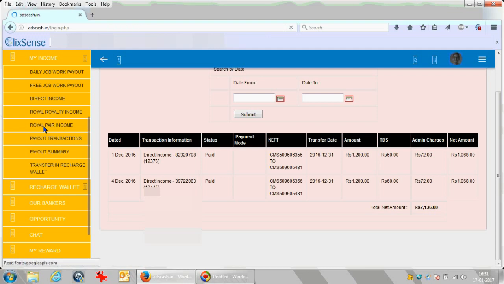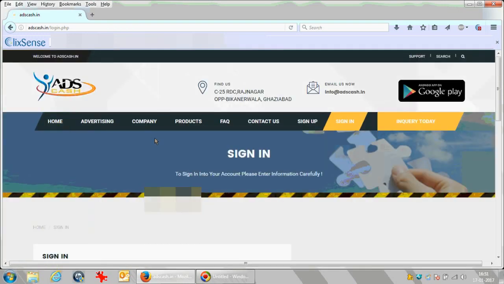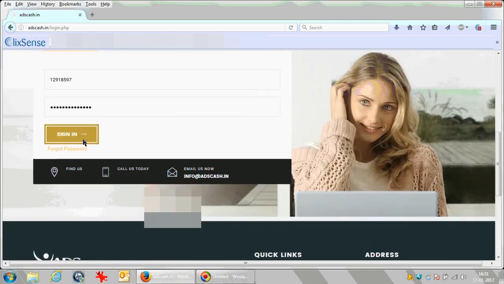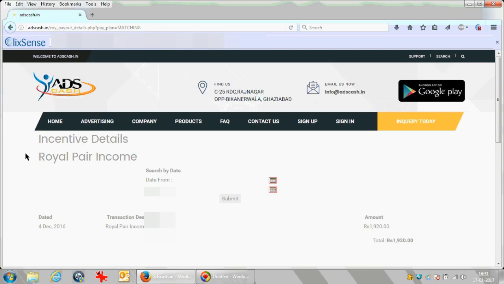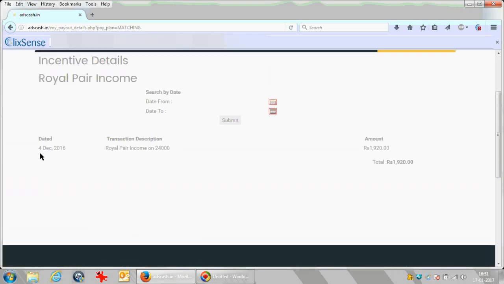My Royal Pair income, I'm sorry, there was a problem with it. I will log in again. Yeah, you can see here my Royal Pair income is 1,920.